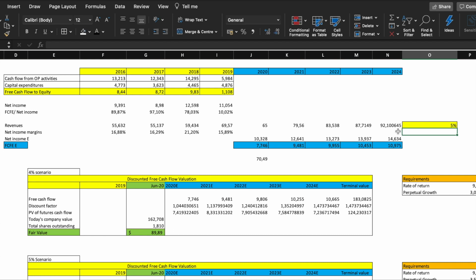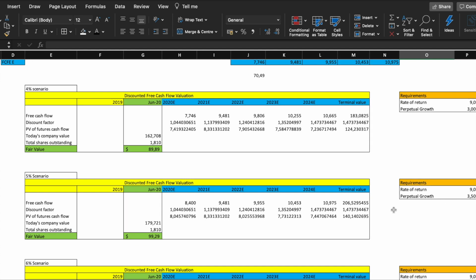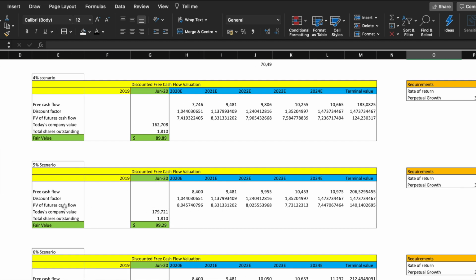Now we check 5% scenario, and you see that those cash flows are changing, and we copy them and we paste them in another scenario analysis, okay, in another discounted free cash flow valuation. And what we get, the 5% scenario, perpetual growth is 3.50%. Okay, now the company value today in this case is 179.72 billion divided by the total amount of shares outstanding. We get a price of